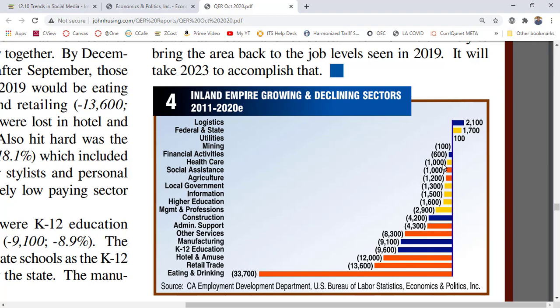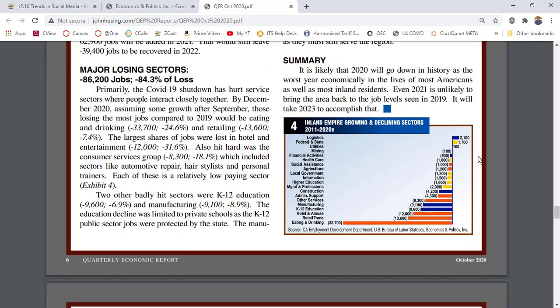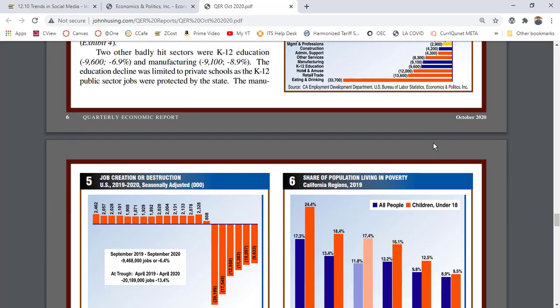That's the first time for me in years that I see a drop in healthcare. Healthcare during the last recession was growing robustly. And so this is pretty telling, right? That logistics is actually at the very top. In the Inland Empire, if I remember well, 1 out of 4 jobs is tied to logistics, distribution, warehousing, etc. So that's the first thing I want to show you, and why it's such an important chapter for us.